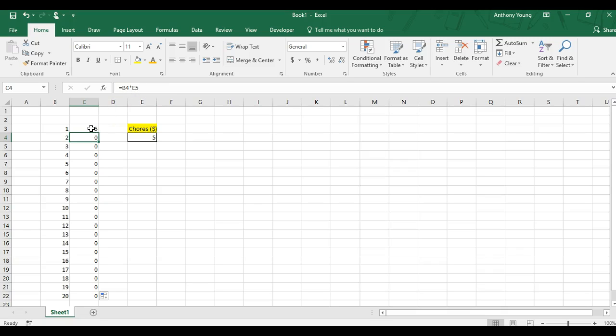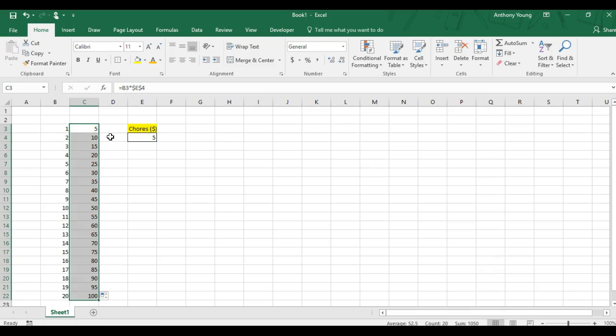We want Excel to move down each row with this one, but not with this one. There's a special way of doing that. If I want to make this cell a fixed cell, I have to go up here to the formula bar and I put a $ in front of the E and the 4. $ means fix. Okay? So if I put a $ in front of the E and the 4, it means I want to fix the row and the column. And I press enter. Now if I copy that down,